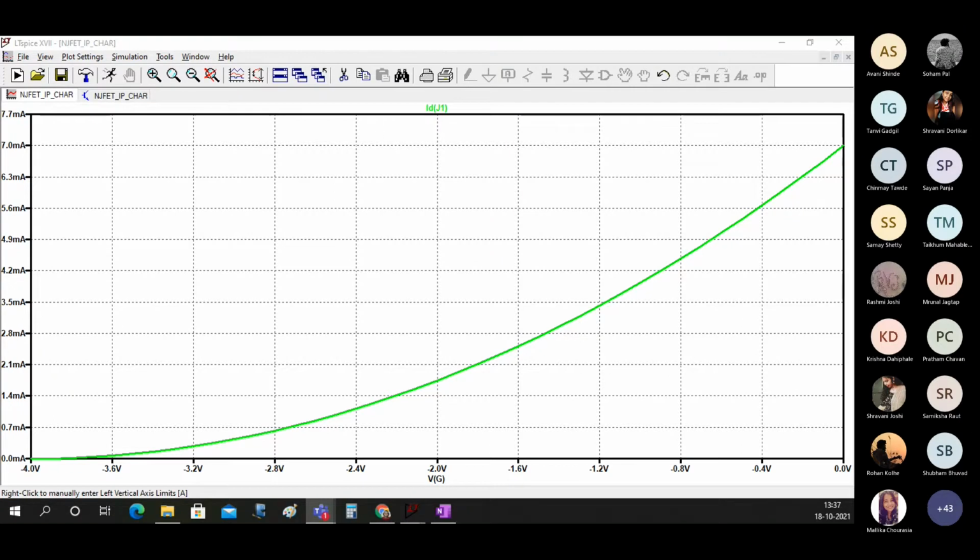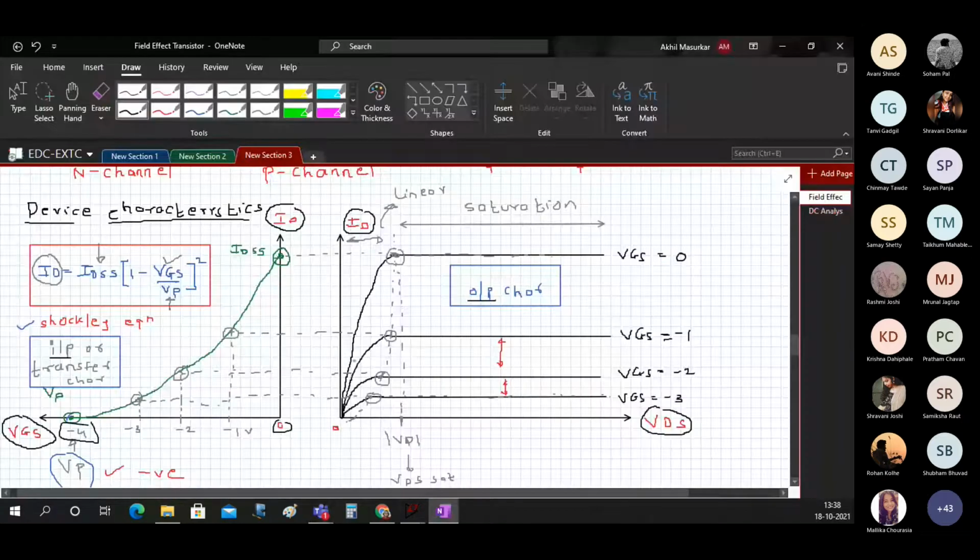Okay, Omkar, good. So now let's plot the output characteristics. So what are the output characteristics? ID versus VDS, and this we have to plot for different values of VGS starting from 0, -1, -2, -3 and finally -4, because if you apply a value of VGS which is greater than the pinch off voltage in the negative direction, then the JFET will continue to be reverse biased, and there will be no use in applying any.